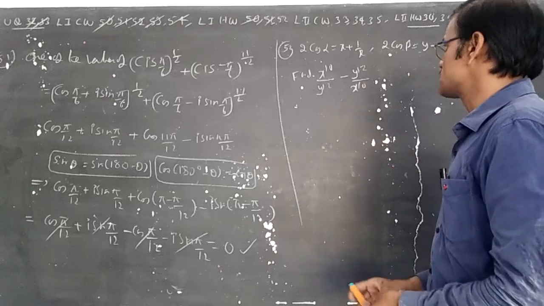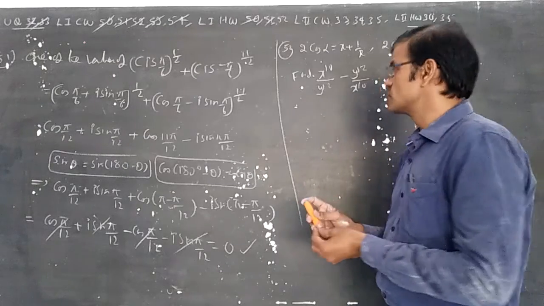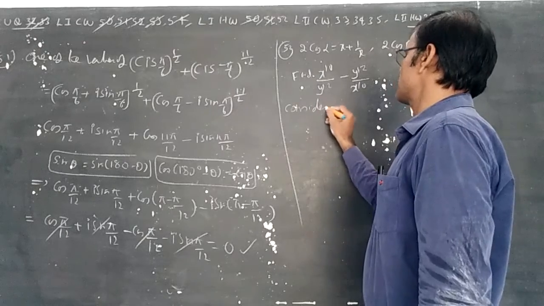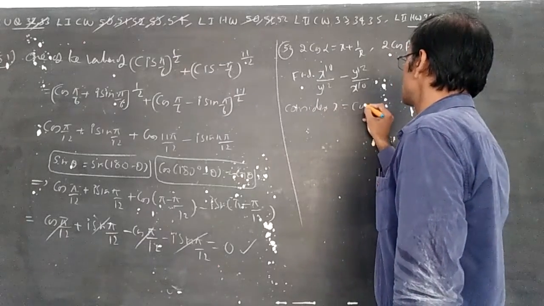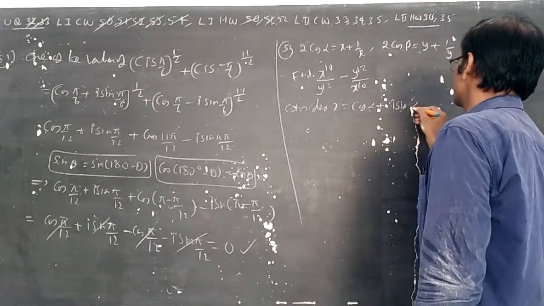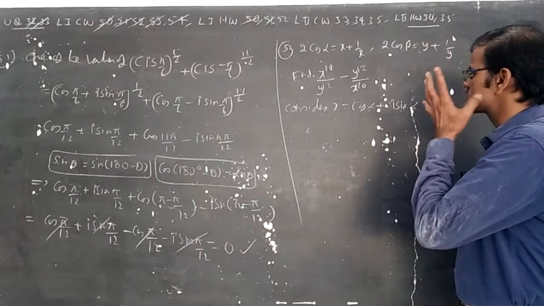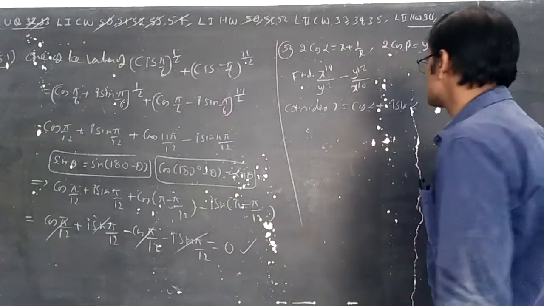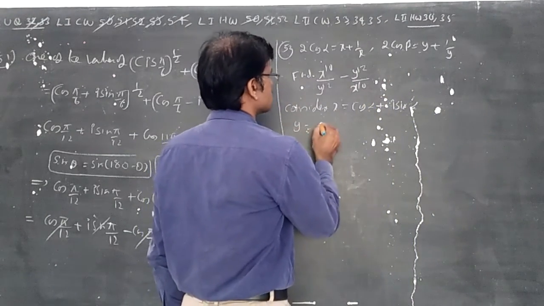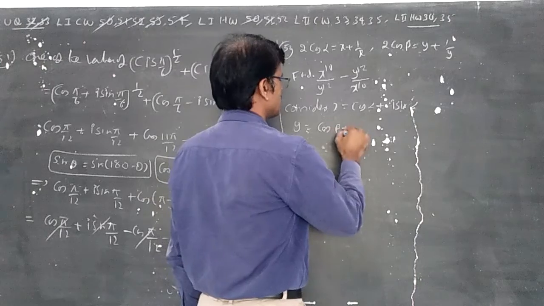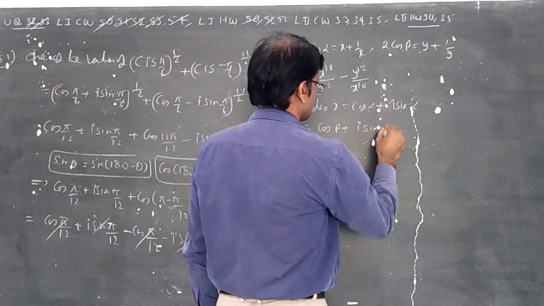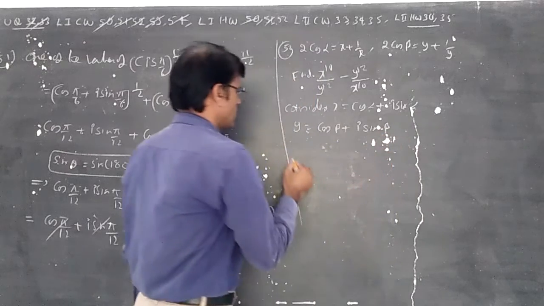Whenever 2 cos alpha is equal to x plus 1 by x, you should try to understand that x is equal to cos alpha plus i sin alpha. Sure, 1 by x becomes cos alpha minus i sin alpha. Next, y becomes cos beta plus i sin beta. Then only the value is possible. Now,